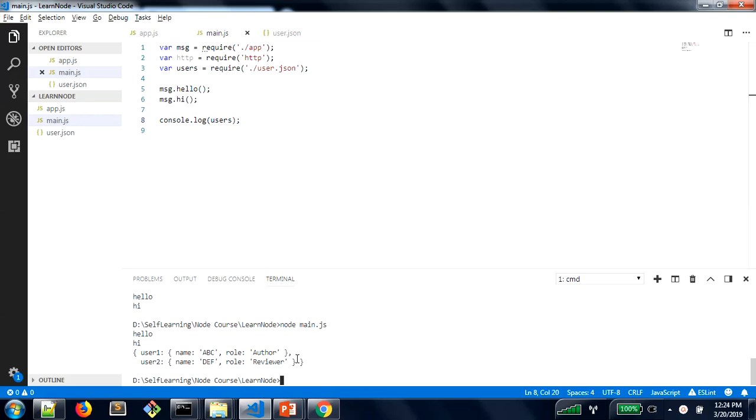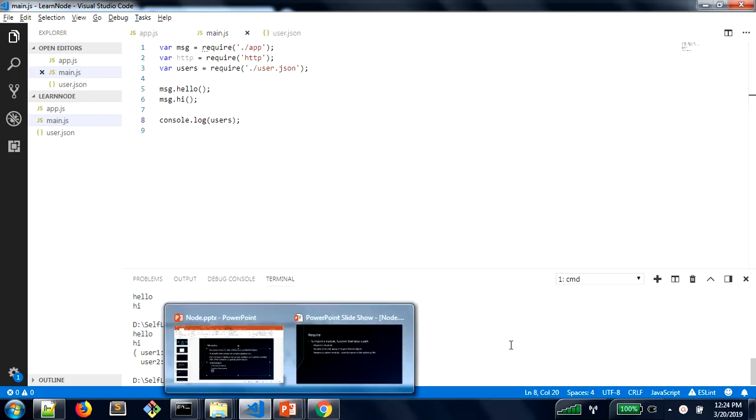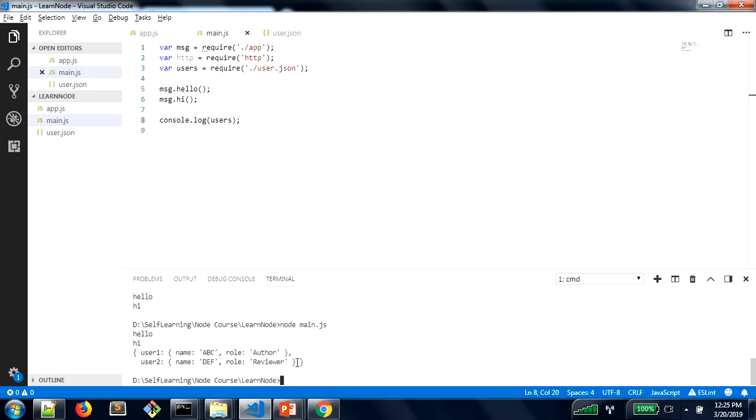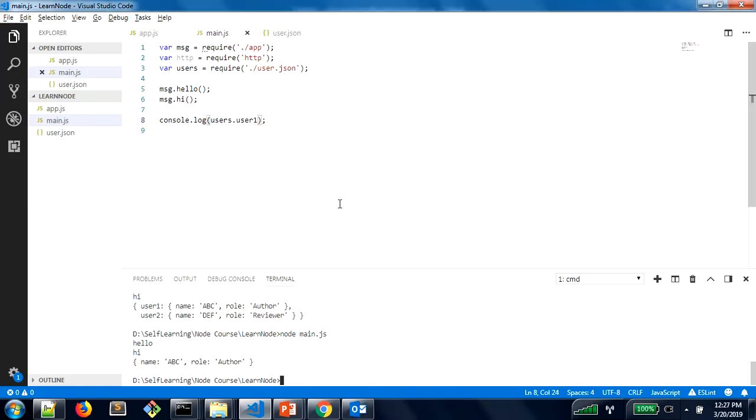So the JSON file is parsed to form a JSON object. You can see here, I can say users of 1 or users of 2, and it will print that particular user. So what this means is the JSON file which is imported has been parsed into a JSON object